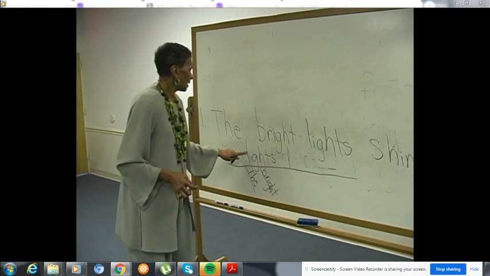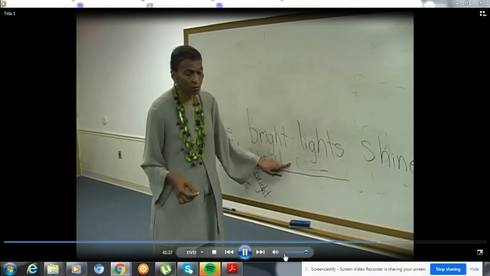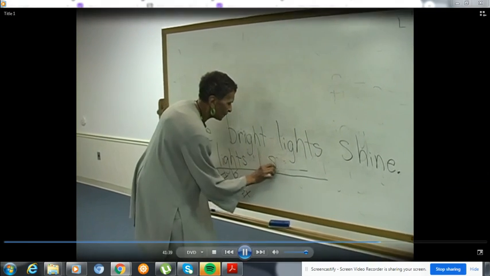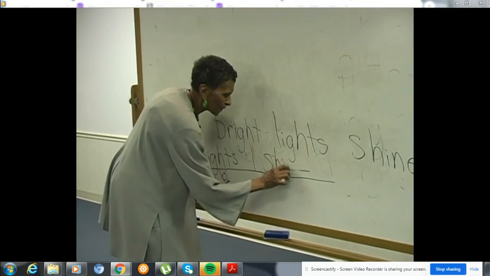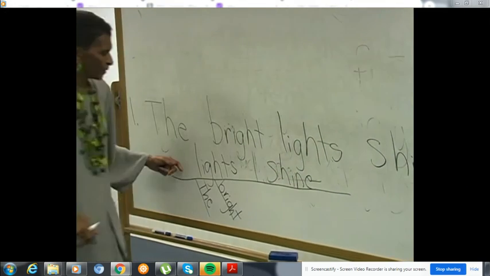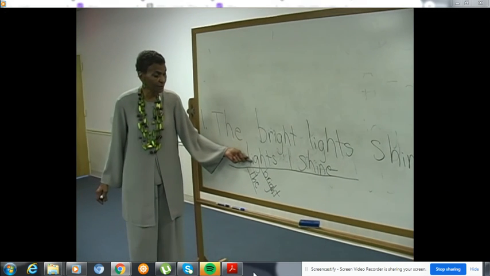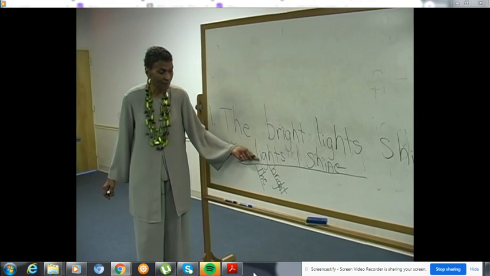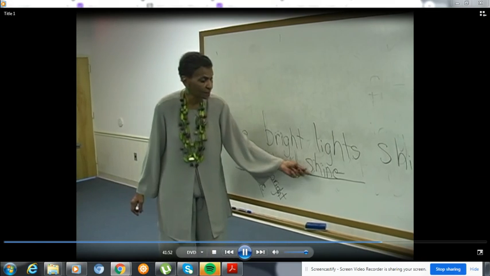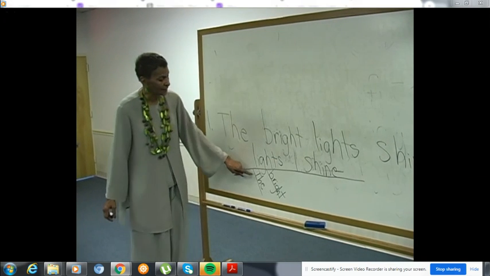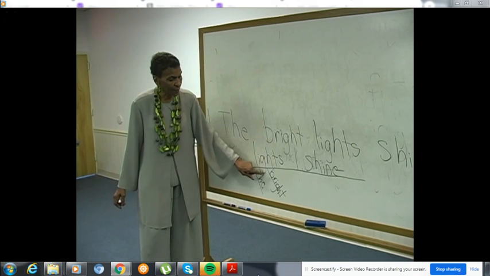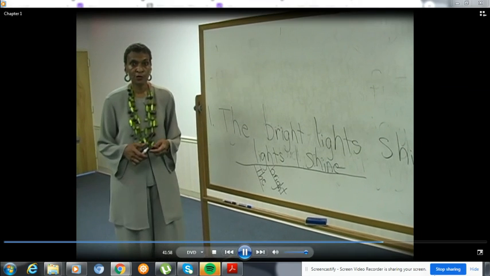And what do the lights do, boys and girls? They shine. That's our verb. Okay, repeat after me. Noun, subject of the sentence. What are we talking about? Lights. What do they do, boys and girls? They shine. What kind of lights are they? The lights and bright lights. And if you notice, we're not just